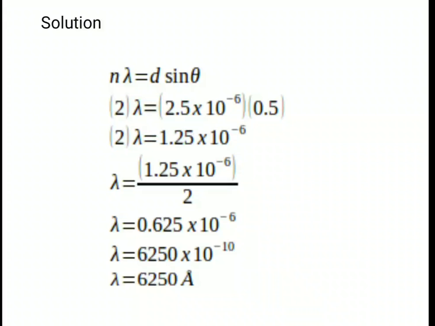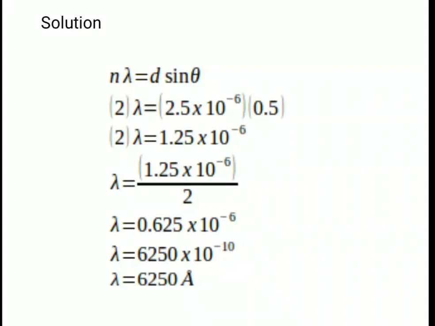By cross multiplying, 2 lambda equal to 1.25 into 10 power minus 6, so lambda is 1.25 into 10 power minus 6 by 2, that is 0.625 into 10 power minus 6, or in terms of 10 power minus 10, its value is lambda equal to